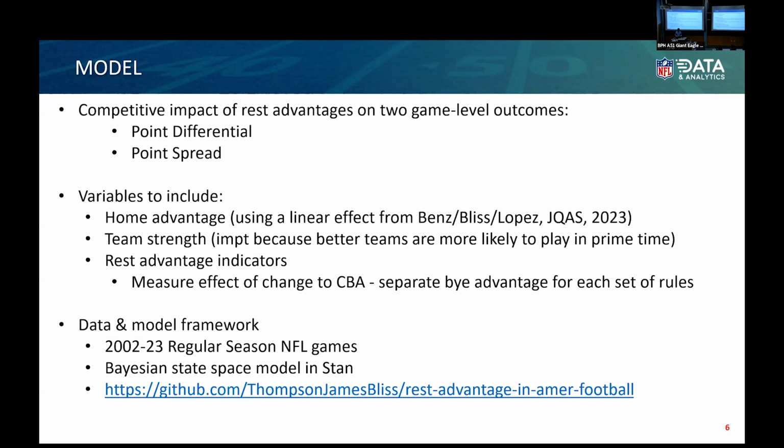And then the rest advantage indicators, that's really what we're most interested in. And we're going to include that in the model as a means to measure their effect. We're going to use data from 2002 to 2023. We picked 2002 just because that's when the Houston Texans became the 32nd franchise, so we have a constant number of 32 teams over that entire time period. We're going to use a Bayesian state space model in Stan, and I'm going to talk a little bit more about that on the next few slides. And I have my code right here, and I'll show it again at the end if anyone wants to check